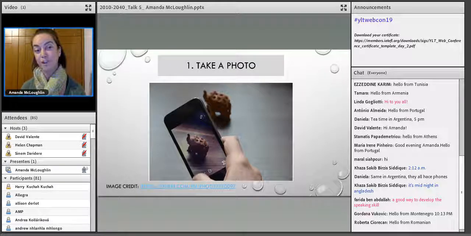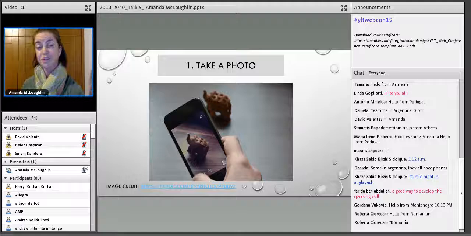You can play a lot with that kind of close-up idea where it's not clear what the photo is or what the photo shows, and we'll have a look a little bit more about that idea in one of the other activities that I'm going to talk about today. So if they take a photo which is a close-up and the other students perhaps have to ask questions or try and guess what it might be,